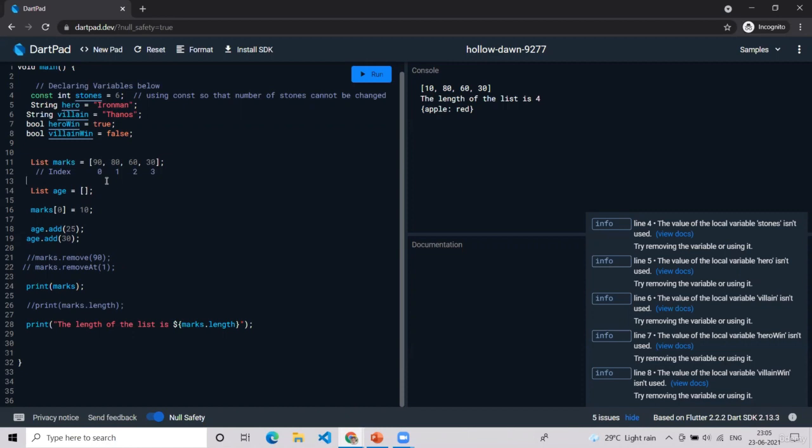So when the data is very long or when there is a lot of data, it's very difficult to remember the index of the value. In that case, maps are very handy. So let's see